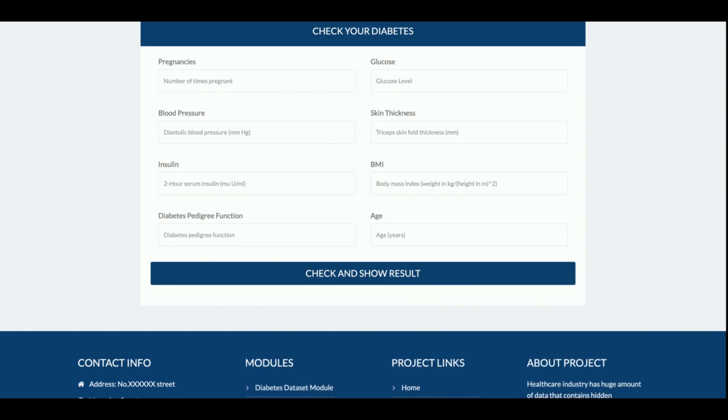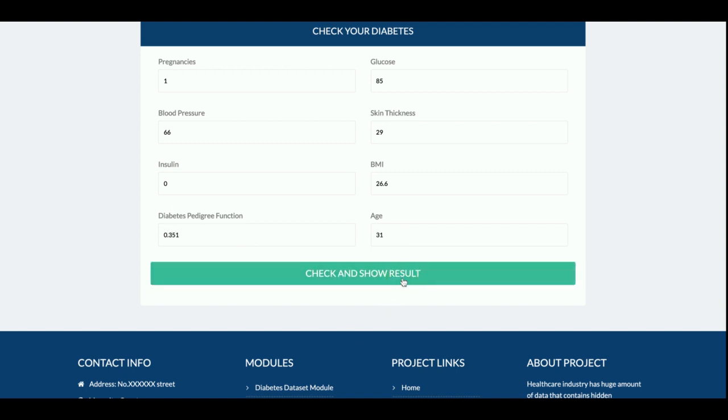So this is the second row: 1, 85, 66, 29, 0, 26.6, and the last two are 0.351 and 31, age is 31.